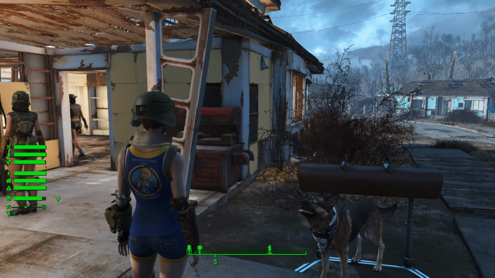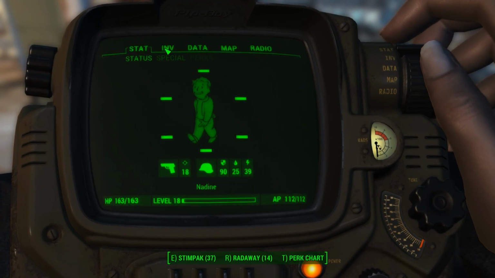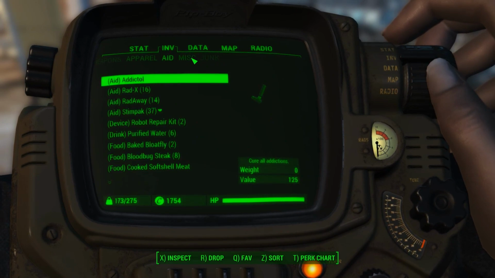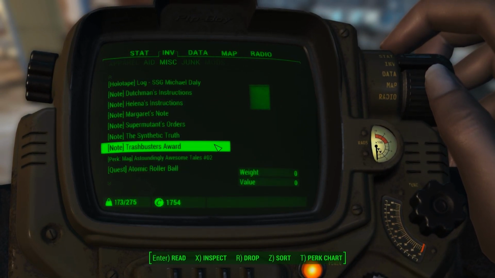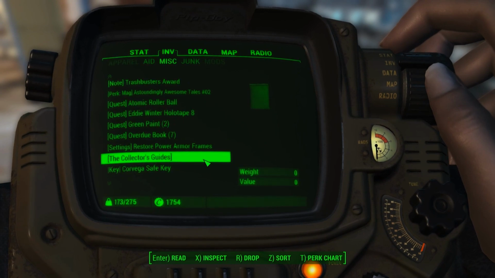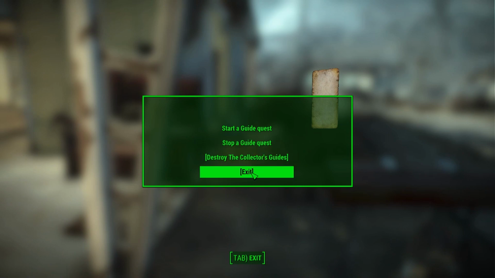I've also got enabled a thing called the Collector's Guides, which I have not actually looked at. It's supposed to help out with finding things like the Bobbleheads. Excuse me. Collector's Guides. Okay, so you go on that. Guide quest, stop guide quest, destroy the Collector's Guides, and exit. Okay,